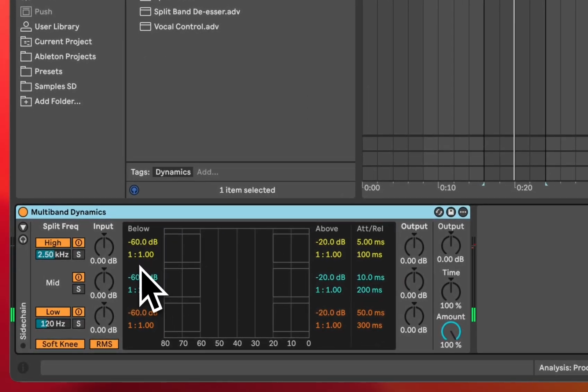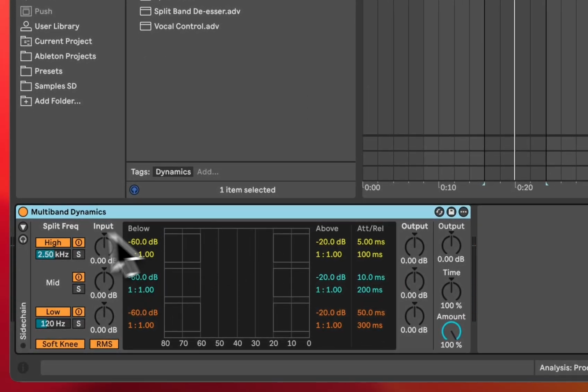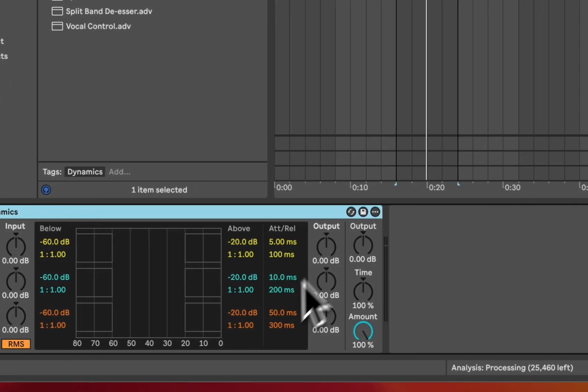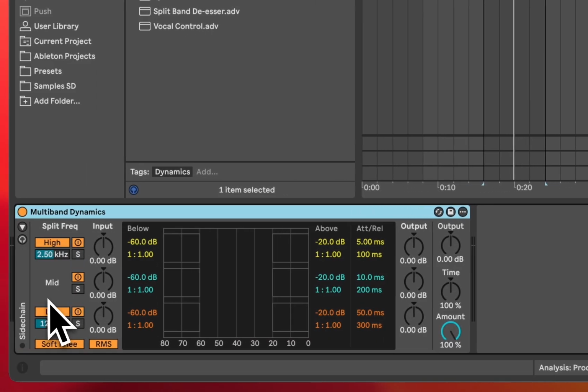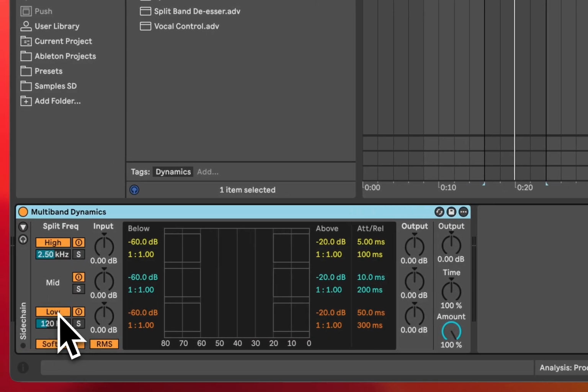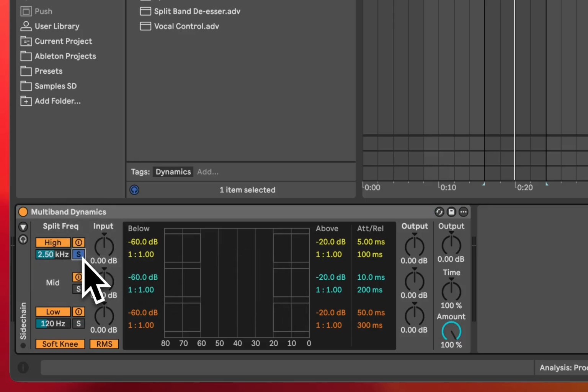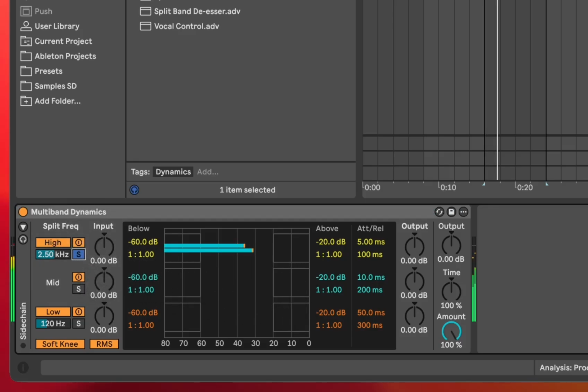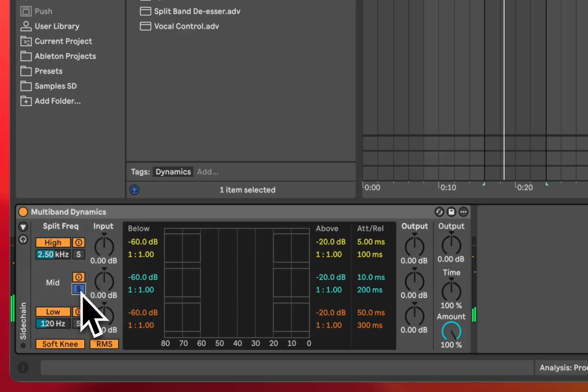So you can see here right now on the left side we have 3 sections, and on the right side we got another section. Let's start from the left. We have the low, which is going to show us the low band, and on the mid we have the mid band section, and on the high we have the high band section. If I go and solo it, and solo this one,